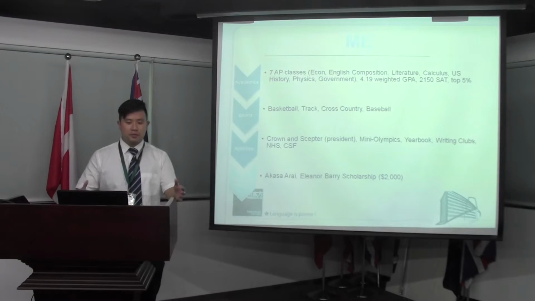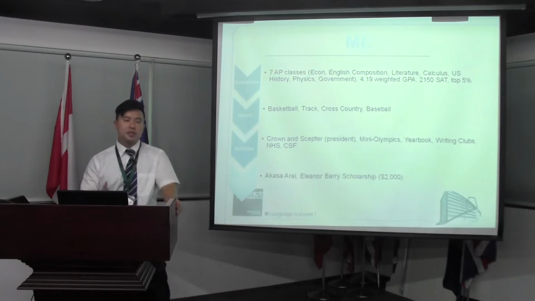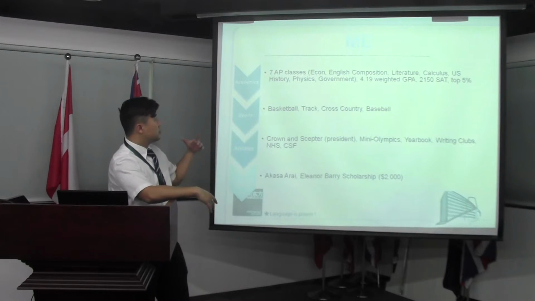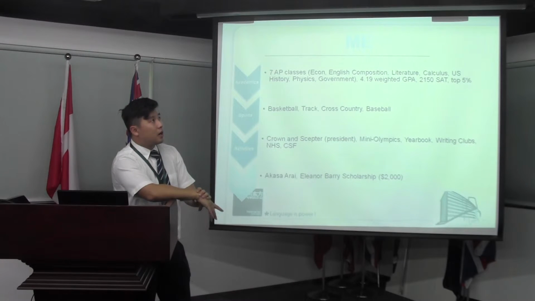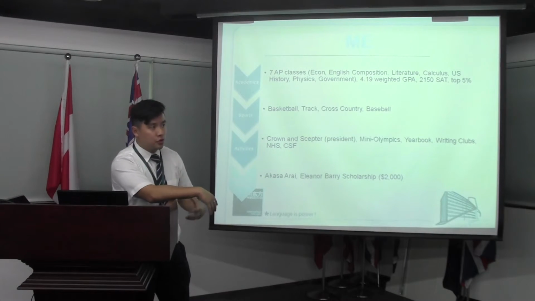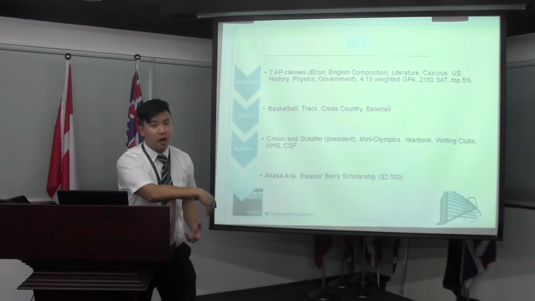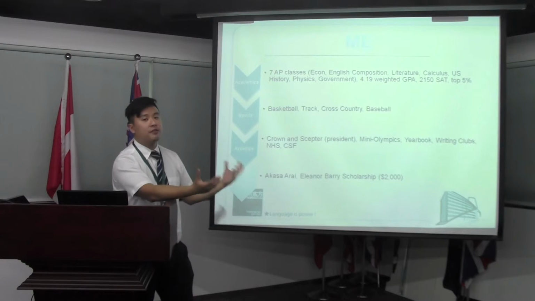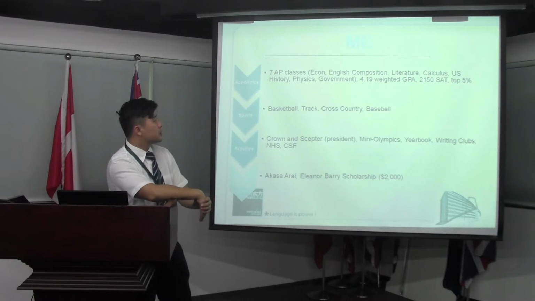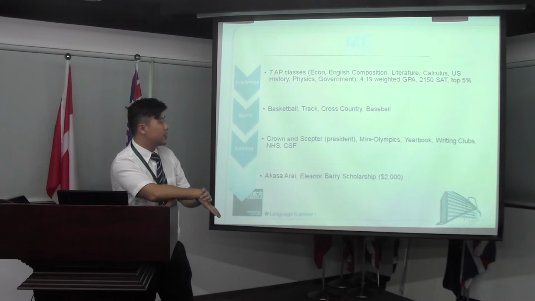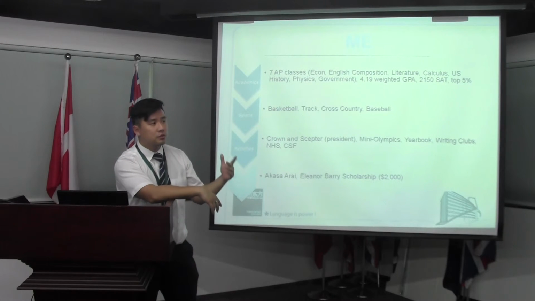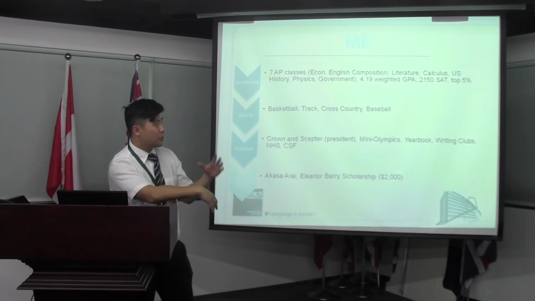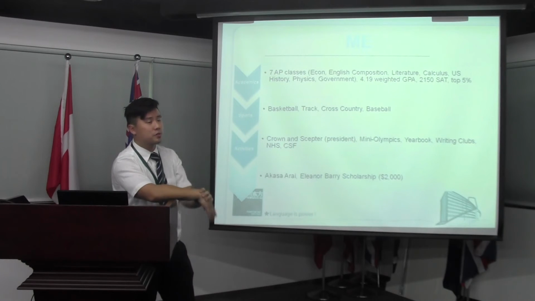It's hard to explain what all these things mean, but basically what each thing shows is this: AP classes show challenge. You don't want to take so many to the point where your GPA drops, but you want to make sure that you do as much as you possibly can. Like, what resources are there, and are you taking advantage of those resources? And that's what I tried to do with those 7 courses. My weighted GPA, my unweighted, I'm not sure, because this is a nuance of American education, but that was my GPA. SAT score, top 5% of the school is what it means.